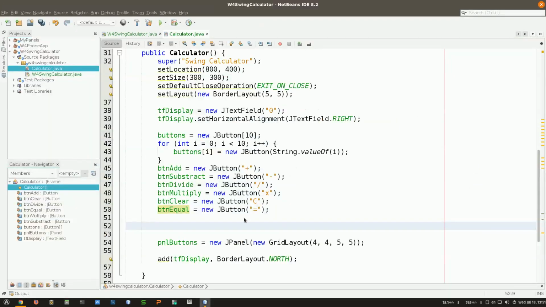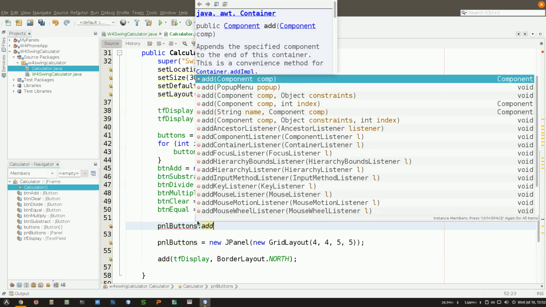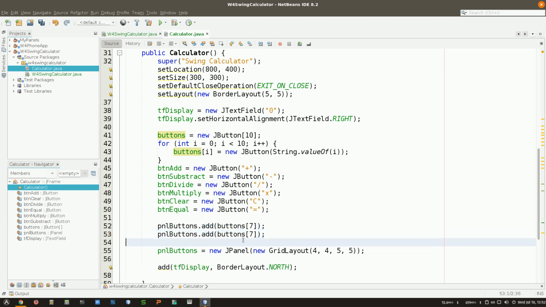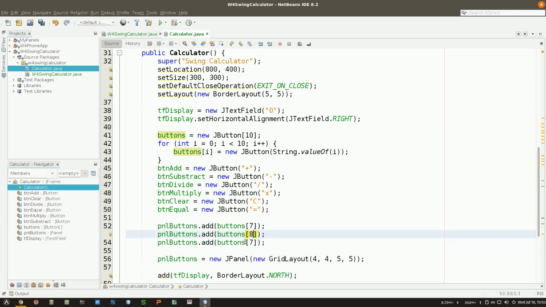So I can add them individually, one by one, by doing something like this, for example, the panel of the buttons, I'm going to add these buttons 7, and then 8, and then 9,